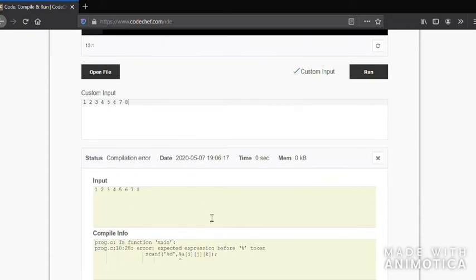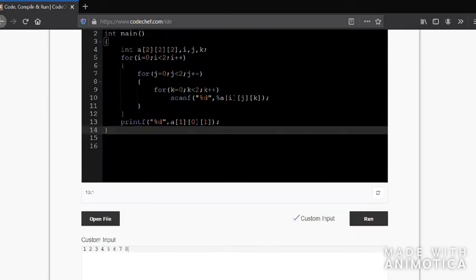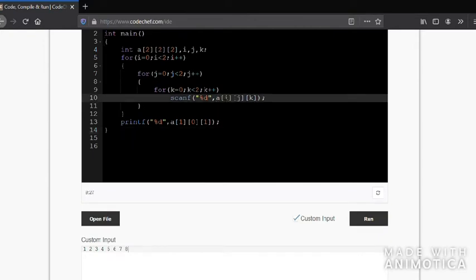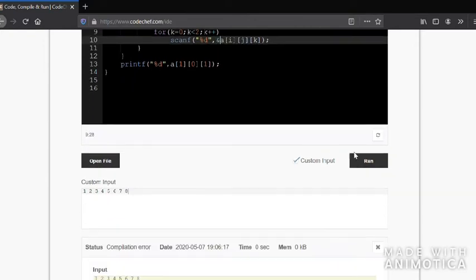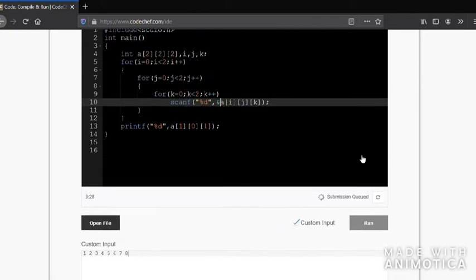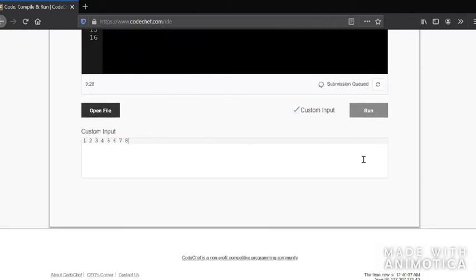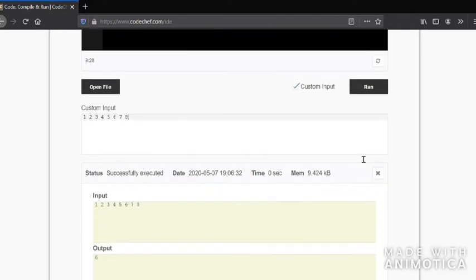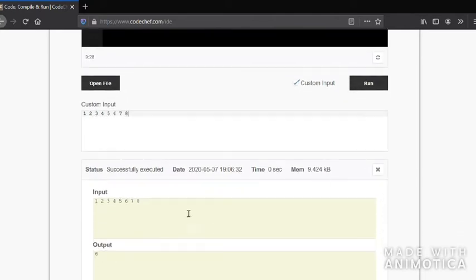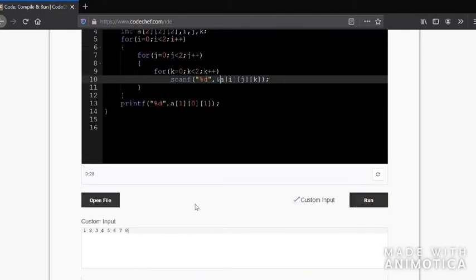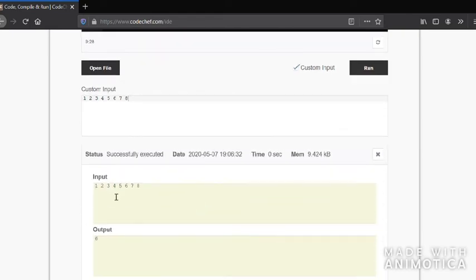Okay, you've got some error. Scanf. Here I've given modulo where I should be giving ampersand. Now let's see what the output is. We've got the output 6 1 0 1.